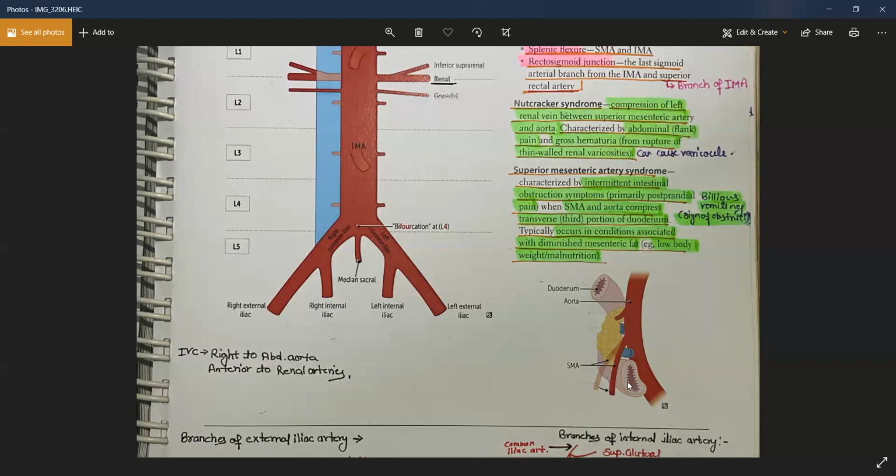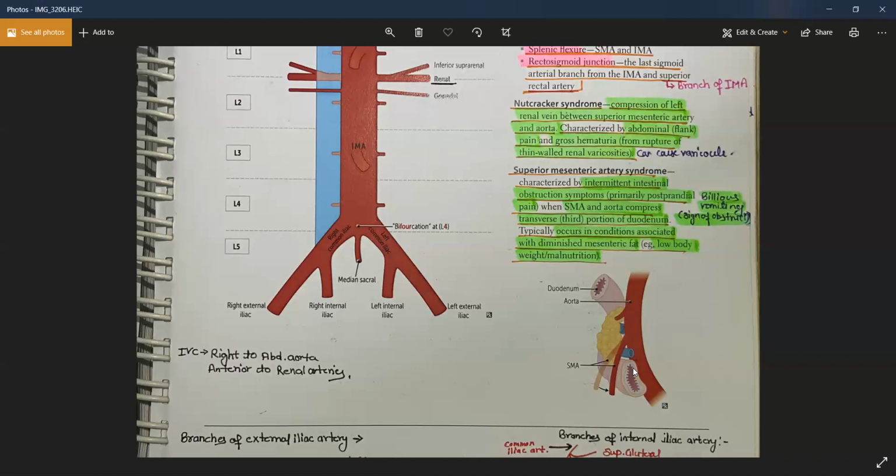In scenarios where you have very rapid fat loss, like exercising, or low body weight, or malnutrition, or dieting, in that scenario you will have very diminished fat in between the duodenum and the superior mesenteric artery, and as a result the angle will be reduced. Now the transverse part of the duodenum will be compressed between the superior mesenteric artery and the aorta, and because of the compression you will have first the vomiting,